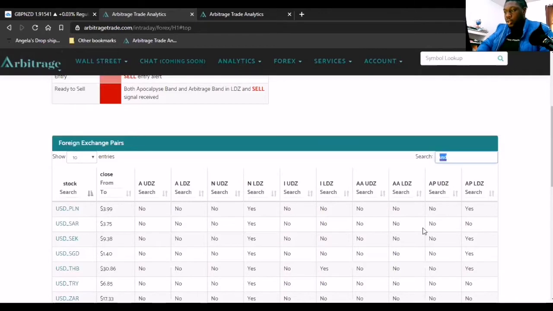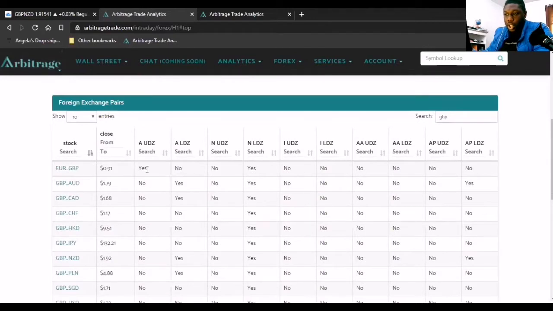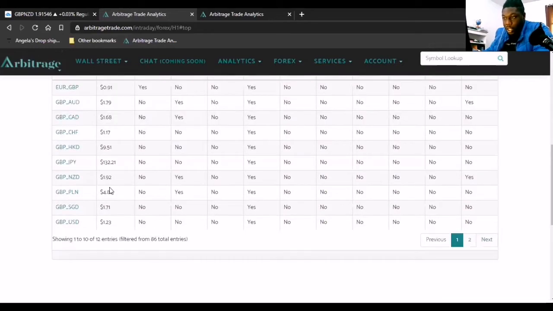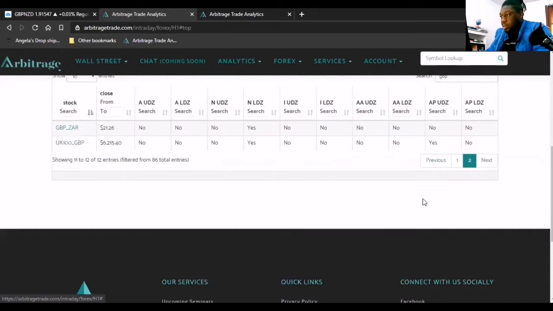So do the same thing on the hourly. And what that would look like is, Euro GBP is confirmed on both the hour and the 5 minute. GA is confirmed. GCAD is confirmed. GPCHF isn't confirmed, but we'll still take a look at it. So GA, GCAD, GCHF, and GPNZD is confirmed. Again, I don't trade these other ones, so I'm not really going to look at them. And let's go to the second page. All right, so we have GBP pairs.